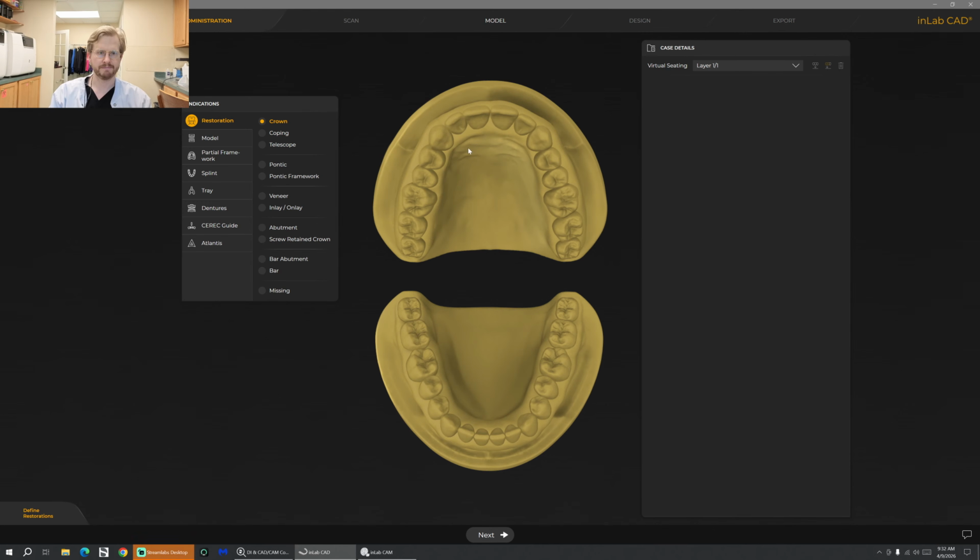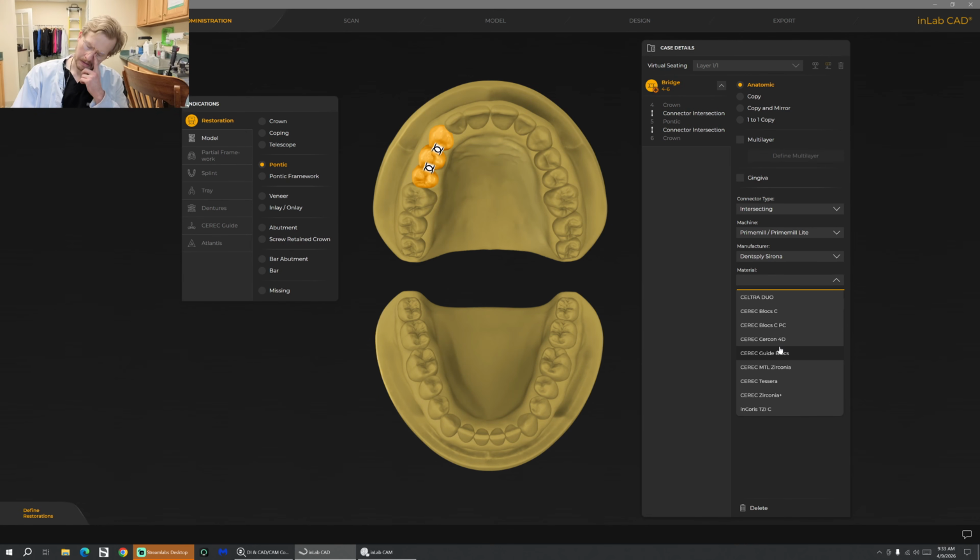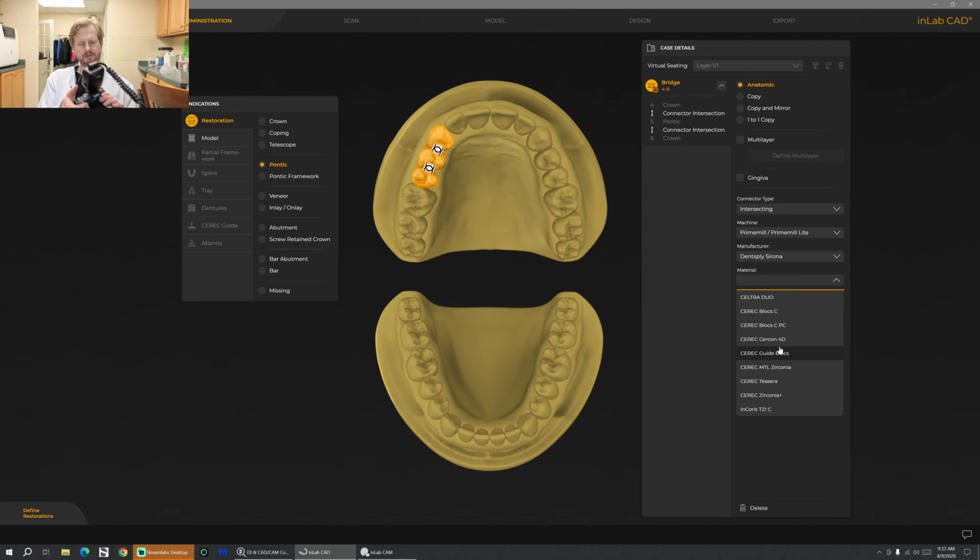All right, we got a bridge today. So we're gonna get everything designated within InLab. Just getting all of our ducks in a row here. Let's load and let me look at that. Oh, let me look at this picture here. It's gonna be an MTL bridge block, one of the METI. And let's do